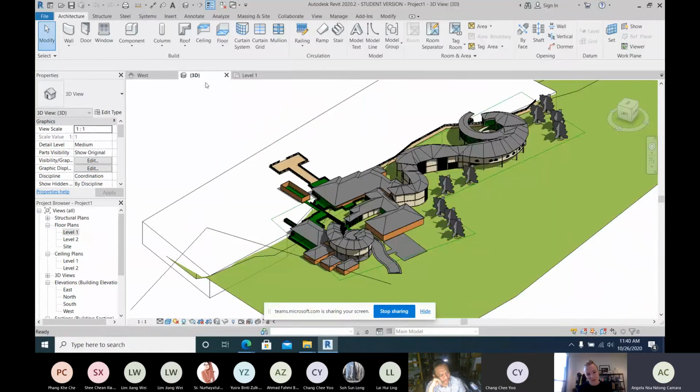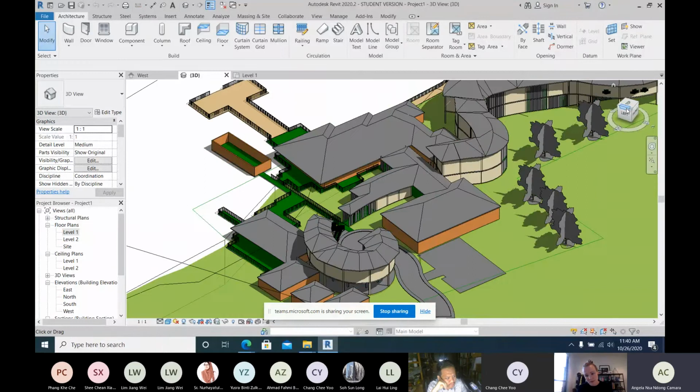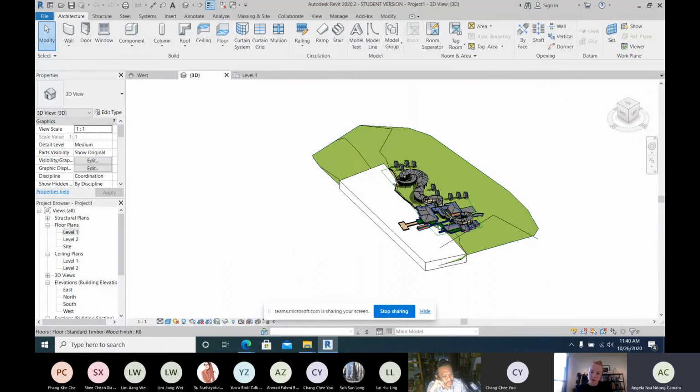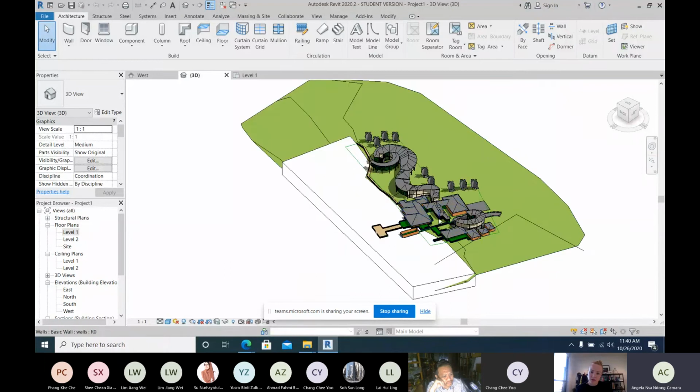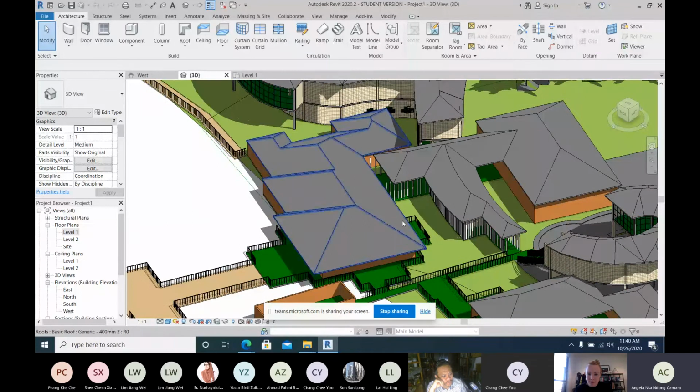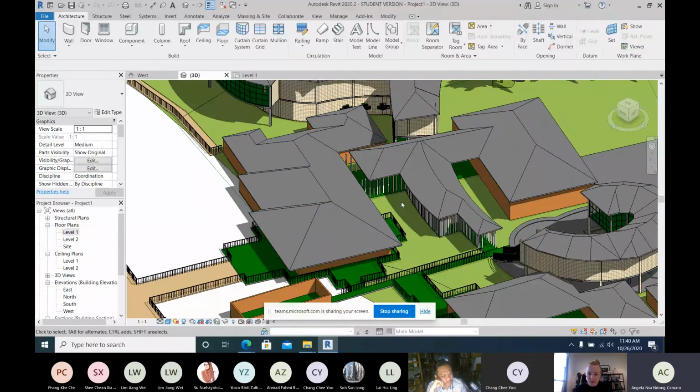So in the 3D, I don't know if, wait. In 3D is kind of like looking this way. I don't know if you're able to appreciate it.